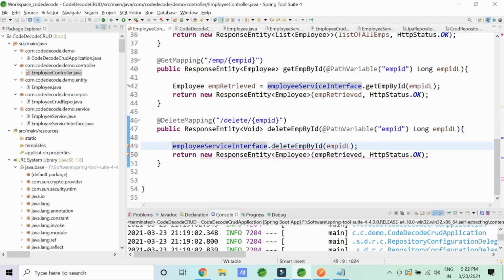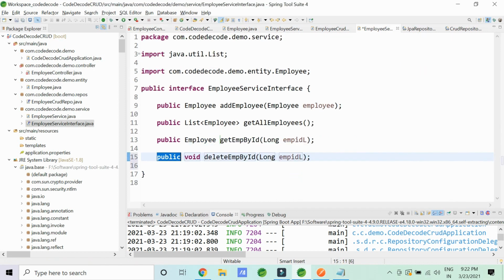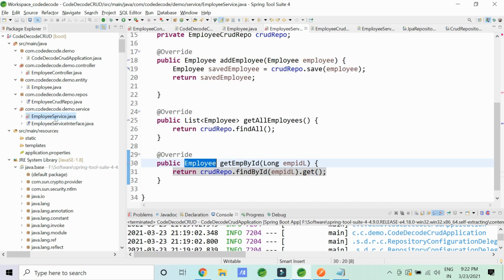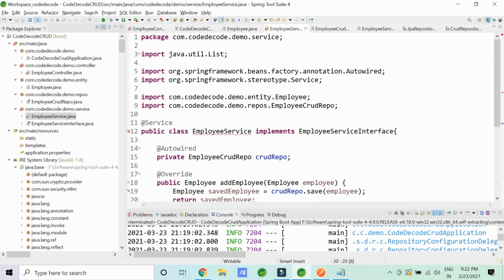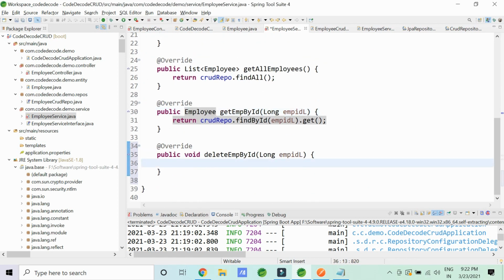If that is clear, let me quickly move ahead. Okay, first let's go there and create a method deleteByEmployeeId. And the return type is perfect. The return type should be void. Now the service implementation will cry, please add the unimplemented method. Just by clicking that, I'm capable enough to add the unimplemented method. The return type is nothing, so even this works fine. But this is not what I want.